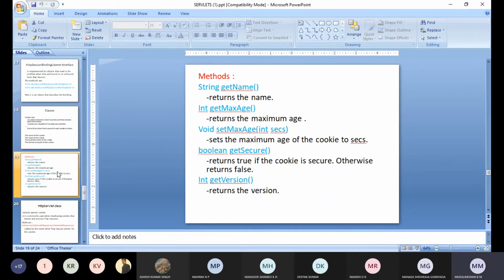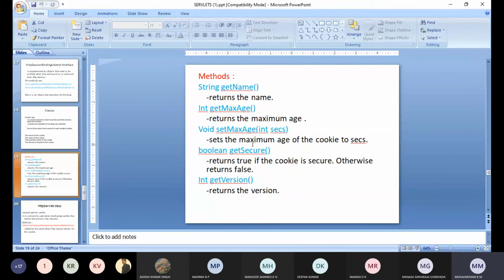What are the methods inside the Cookie class? First: getName, getMaxAge, setMaxAge, getSecure, getVersion. getName returns the name of the cookie. getMaxAge returns the maximum age of that particular cookie.